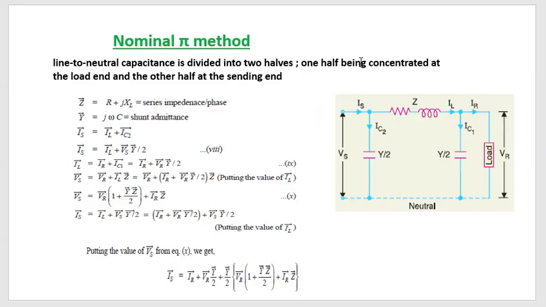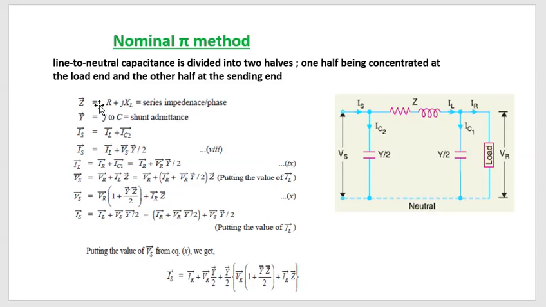The next method was the nominal pi method. In the nominal pi method, we divide the capacitance into two halves. First half is towards the sending end and the other half is towards the receiving end, while the series impedance, which includes resistance and inductance, is in a series branch and lies between the sending and receiving end. And from the figure